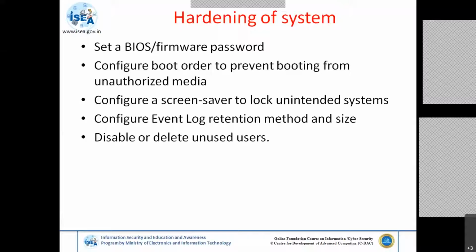My recommendation is to use only one user with the least privilege, and another one as an admin account with full privilege and a full strength password of 14 characters. These are some of the hardening steps and techniques you have to use in day-to-day life for protecting your systems, servers, network devices, and security devices.